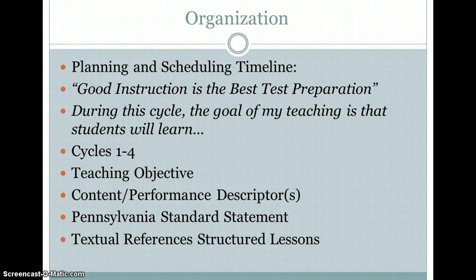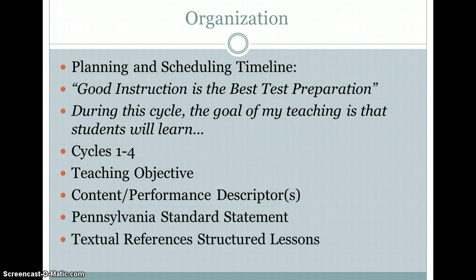And it says, during the cycle, the goal of my teaching is that students will learn. And this is great because it gives teachers this responsibility to feel like they have this goal to make students learn to the proficient level every single day. And then it consisted of cycles 1 through 4, and it gave a teaching objective, content performance descriptors, the Pennsylvania